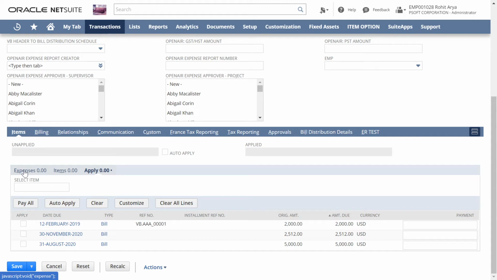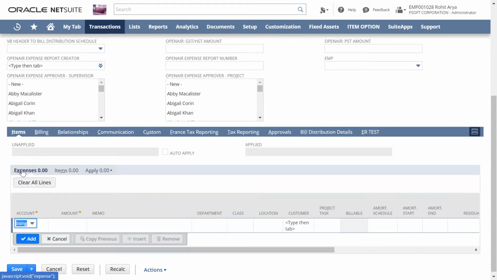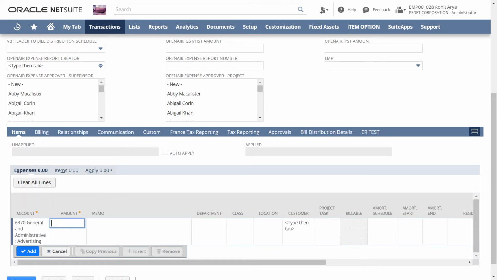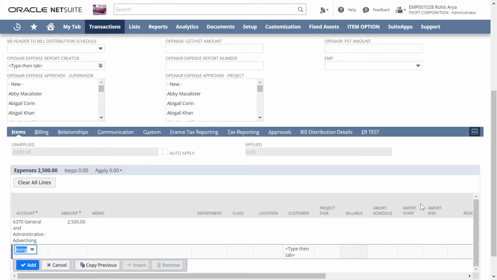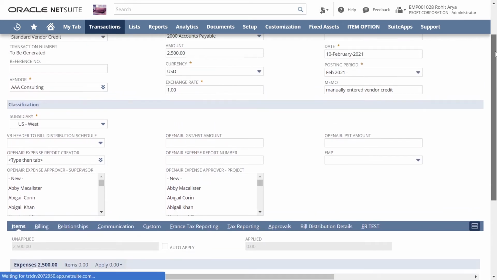For now, we will consider an example where we have received some loyalty points or cashback coupons. For example, we have received $2,500 cashback coupons. We click on Add, and now you can see the amount is showing in the unapplied option. This is because this amount is not going to affect the existing invoices under this vendor.